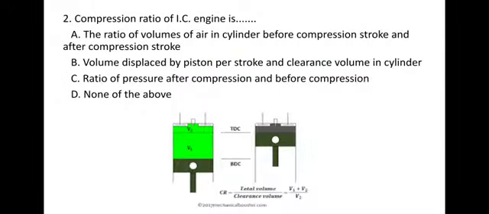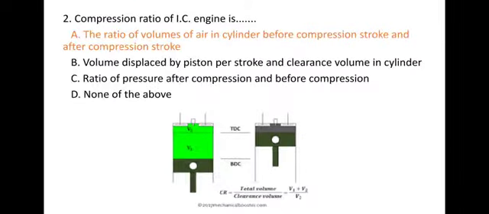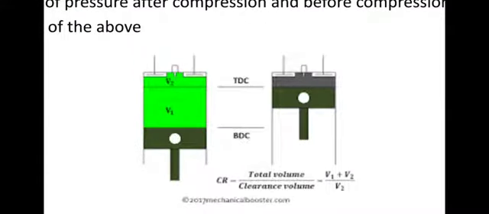Next question: compression ratio of an IC engine is, and the answer is the ratio of volume of air in a cylinder before compression stroke and after compression stroke. So here you can see the volume of air in a cylinder before compression stroke is equal to V1 plus V2, where V1 is the swept volume and V2 is the clearance volume. So the total volume before the compression stroke is nothing but swept volume V1 plus clearance volume V2,